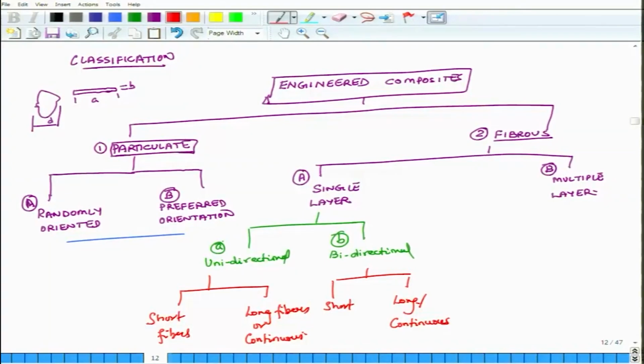and later we will actually define what is meant by long fiber or continuous fibers, what is the meaning of this in a mathematical sense. So, this is how single layer composites may be classified. Now, multiple layer composites, we can further categorize them